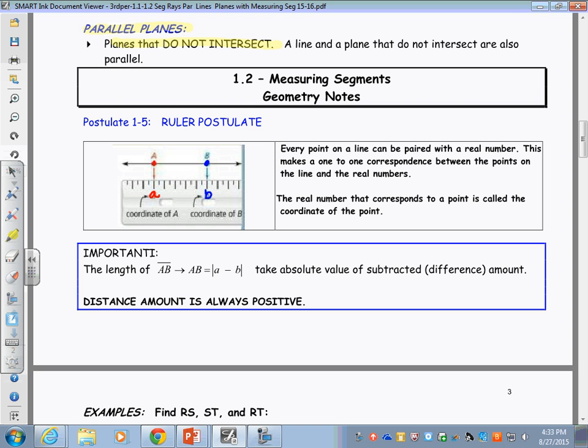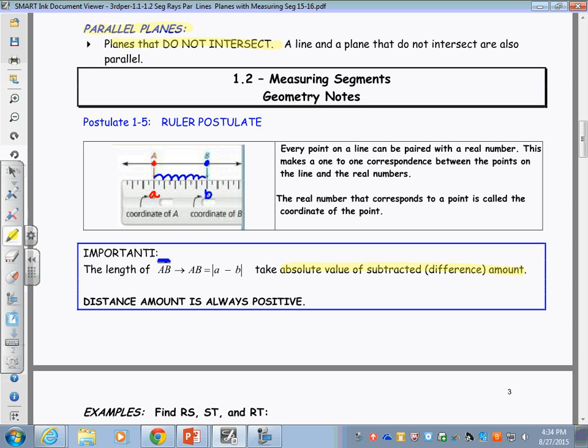So if I look at the length, I talked about this yesterday in class, or today in class, so I said the length of AB. We don't have to put this symbol anymore. This is a segment without its length. To find the length, I'm looking at the difference between the A coordinate minus the B coordinate. I could count if I wanted to, but if I just take the difference between them, that would represent the length. So it's the absolute value